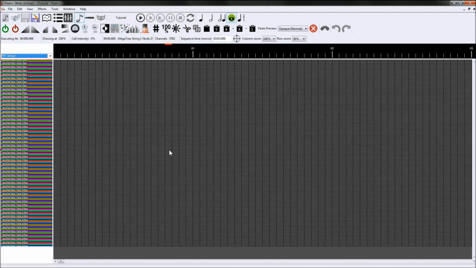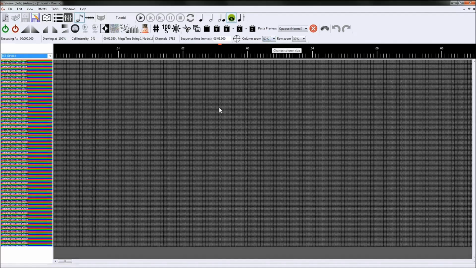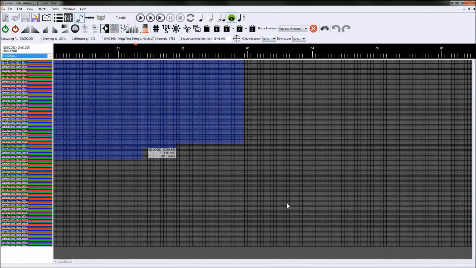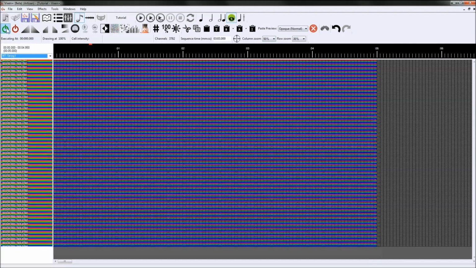So what can I do with this? Well, now here, since I've just got this group selected, I'm going to make my columns a little bit narrower too. We'll go 60%. That usually gives 50%. Nice size there. And I'm going to select 5 seconds of my sequence. And then if I go across some of these here, you'll see I can turn them on. So that turns all those cells on,